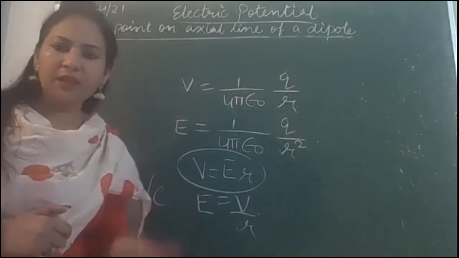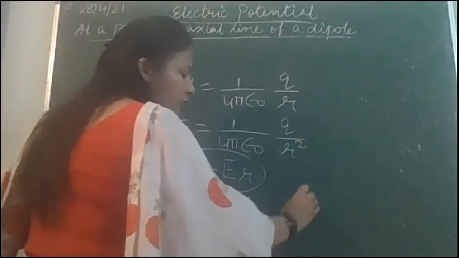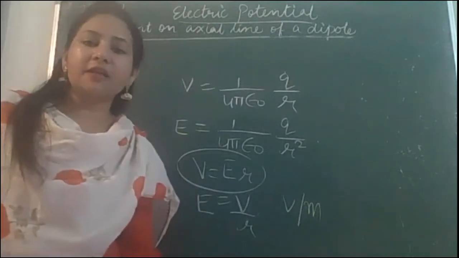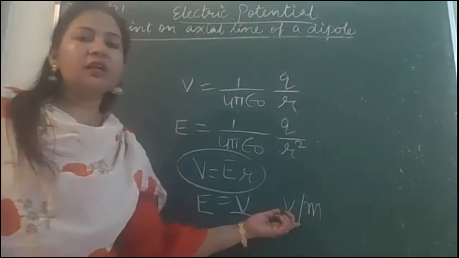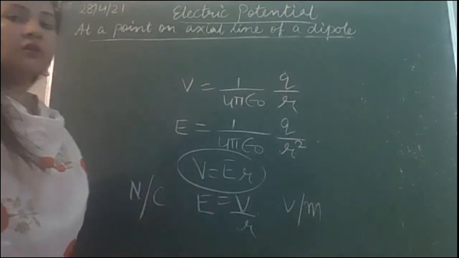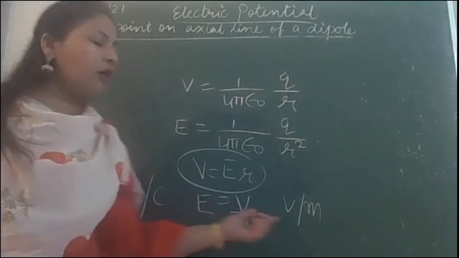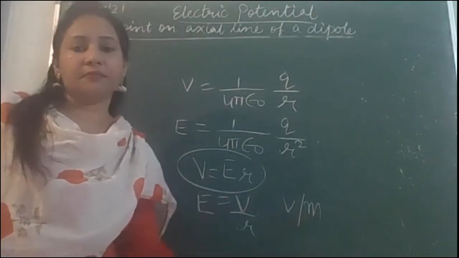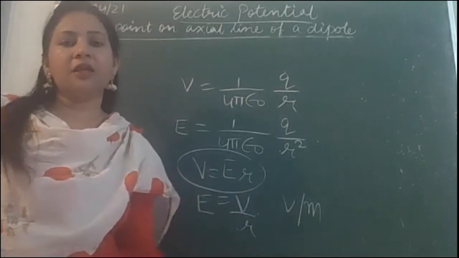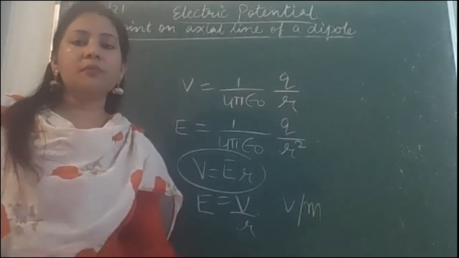Joule per coulomb meter. देखो पोटेंशियल का आप तो वोल्ट ही लिखोगे ना, वोल्ट पर मीटर. That is further value of 1 volt, that is joule per coulomb, but here we will directly write volt. So volt per meter. So please note down 2 units of electric field intensity Newton per coulomb के साथ साथ एक और नोट कर लीजिए, volt per meter. So volt per meter is another unit for electric field intensity. Okay, so remember वोल्ट पर मीटर.